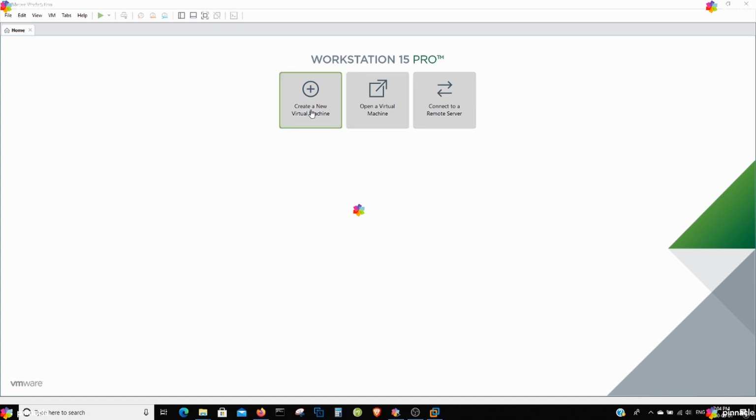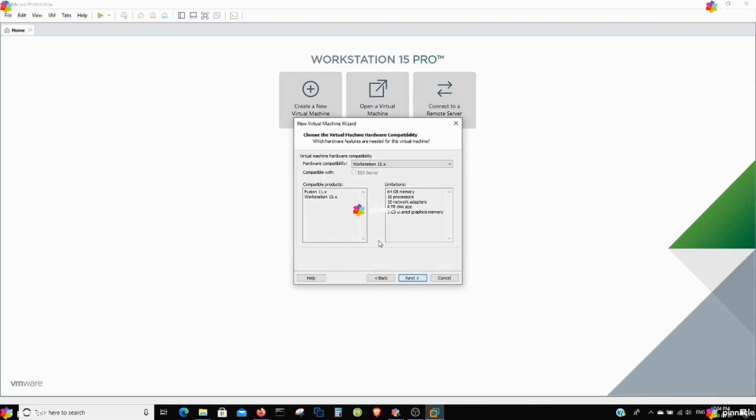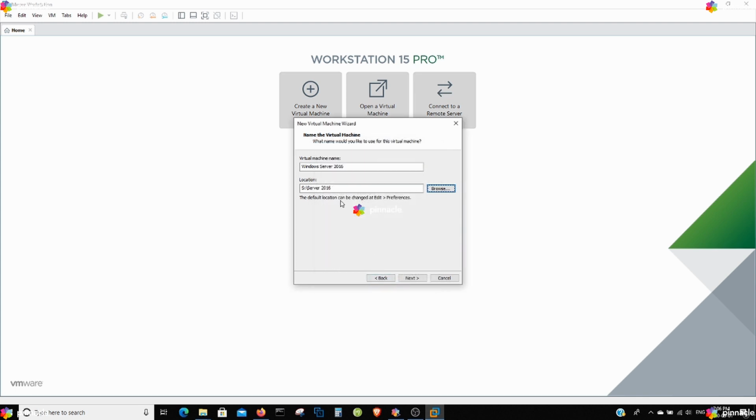So first we do create new virtual machine, and then we can customize this, or we can go with the typical one, which is Workstation 15 compatible. I'll go with the custom one because I like to see what's going on there. If I keep 15, then it's compatible with Fusion 11 and Workstation 15 only. So I go here and I have a folder here, Server 2016, and I'll click OK. And next,